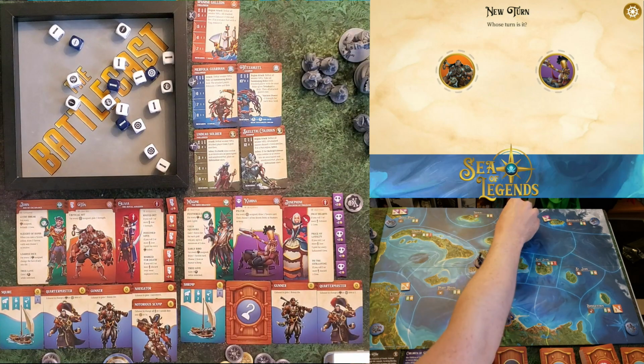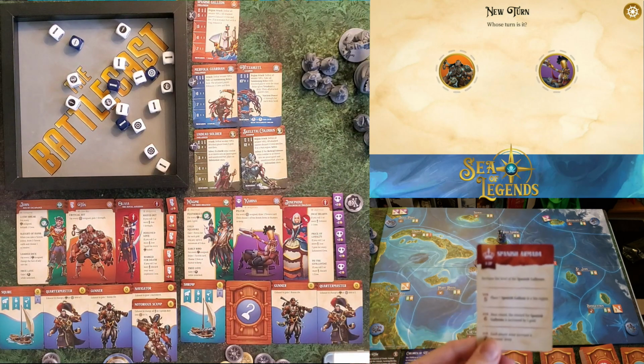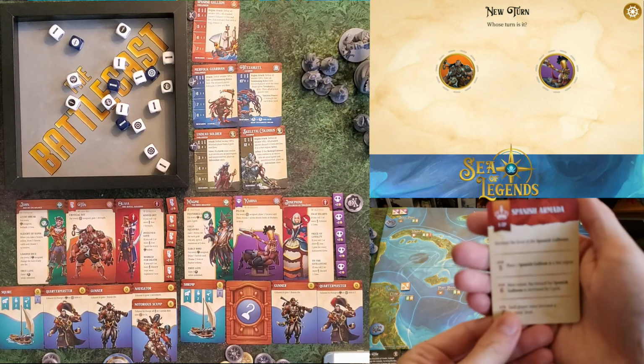So basically, he's going to mosey on down here towards Kahina. Then what we do is we actually draw an event card. Now let me just give these a shuffle, because these guys tend to spice things up considerably. And here we are, Spanish Armada. So this card says,